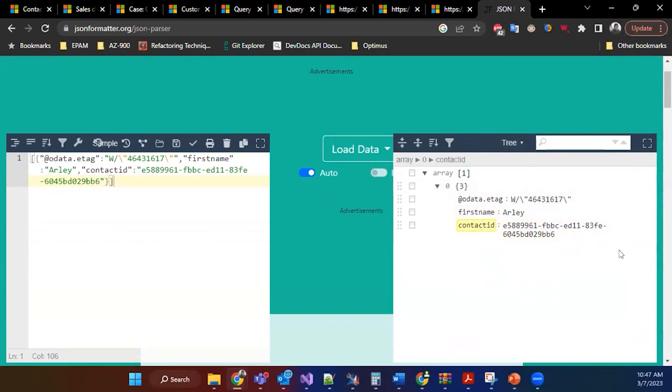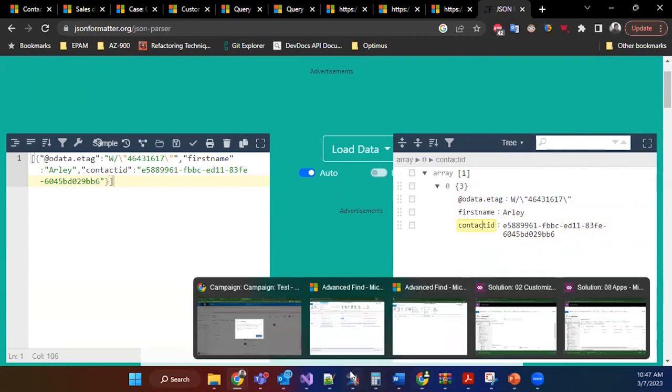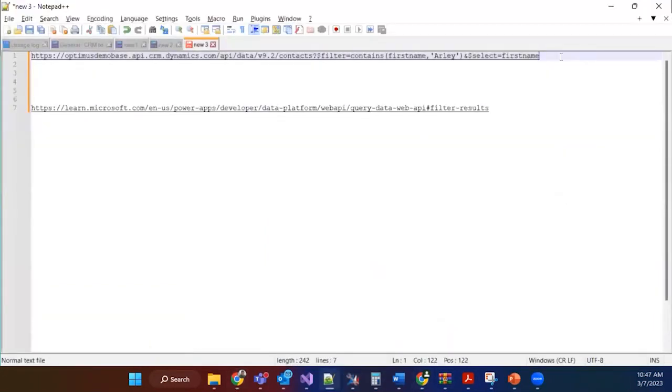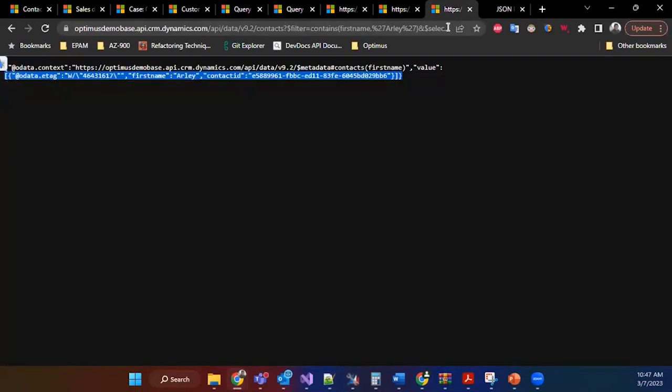Okay, I want to get not only the first name, I want to get the first name and the last name. Okay, sure. Easy, just add here first name and last name. Remember, always over the web API you need to use the schema name, not the name in the Dynamics form, because it is not always the same. Okay, I will get the info again. Yep. And now, as you can see,